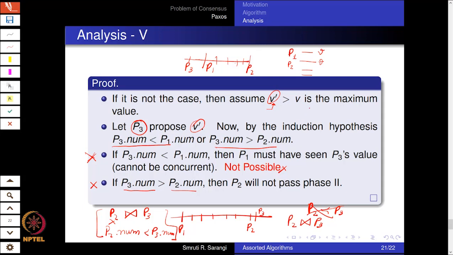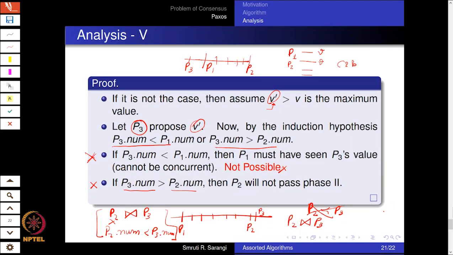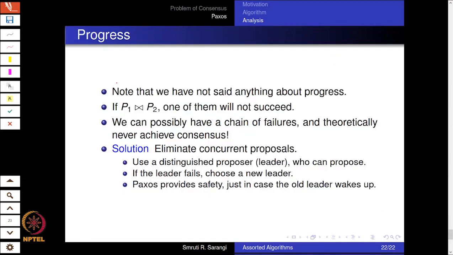And furthermore, if I were to consider the condition C2B, when I am computing the max operation, what we have just been able to prove is that one of them will at least propose V, and there is no value in the system which exceeds V. So even the values that will be proposed will all be less than or equal to V, and one of them will be equal to V. So ultimately the value that will be proposed will actually be V, and also the value that will be accepted will be V. Alright, so we have been able to prove the safety property, which essentially says that consensus